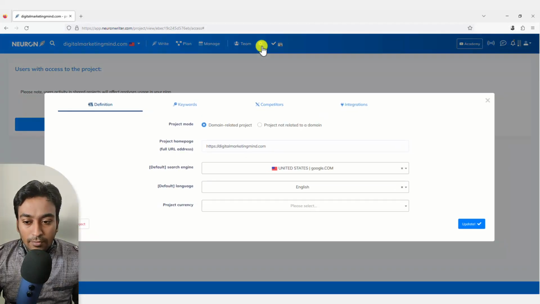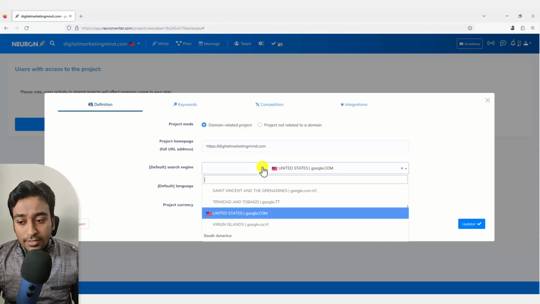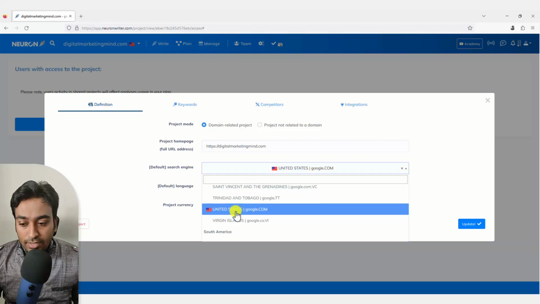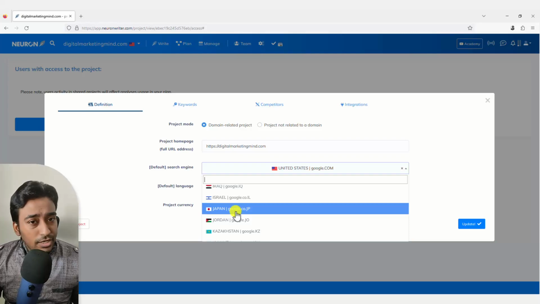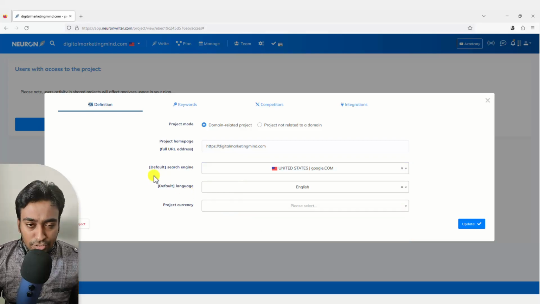Settings is really common. For example, as soon as you create a project, it gives you some additional settings related to this particular project, where you can change the URL, or if you want to change your target audience, you can do that. For example, currently it's in United States, but if you want to change it to any other country, you can do that. Obviously, my recommendation is wherever most of your target audience is situated, choose that location, because you want to make sure you are ranking for that particular location. Again, similarly, you have the language option also here. Project currency is also available.